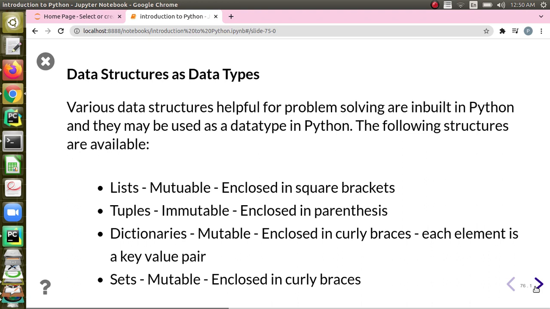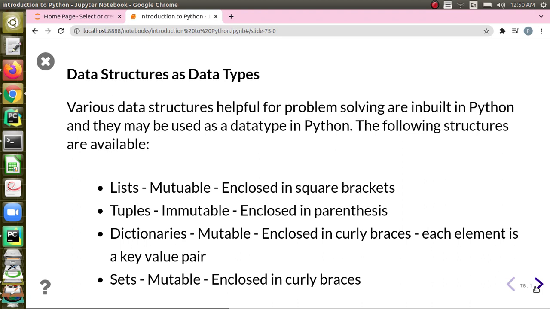When you look at a list, it is mutable. What is meant by mutable is you can change the elements of the list. And how it is represented is when you put something within square brackets, automatically it is considered a list. And tuples are similar to list, but they will be enclosed within parentheses, and they are immutable structures.